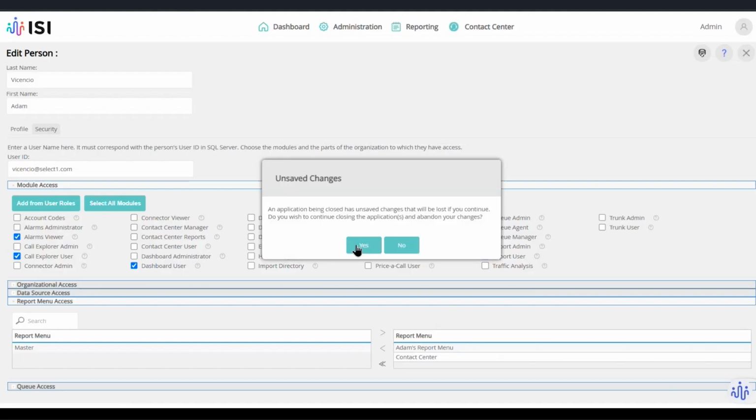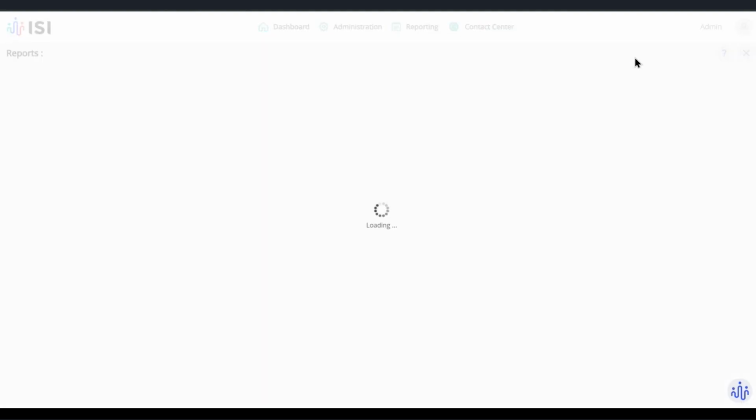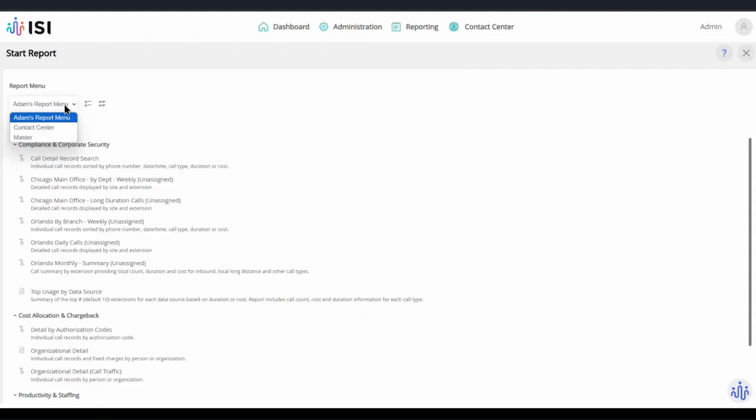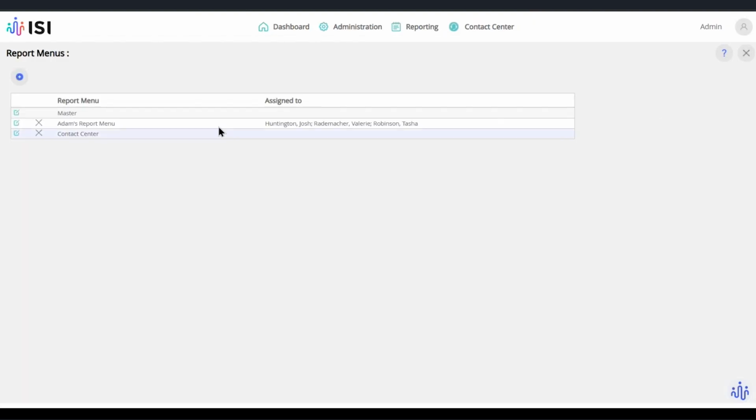Okay. All right. So just to recap, let's go back over to reports and let's go into the templates. These are your report menus. They can be configured to have access for everyone or to specific people. You can say what reports are in them and you can change that at any time. You will set that up under the report module in the base report page by going to the gear, going to report menus, and configuring them here.